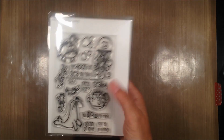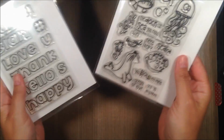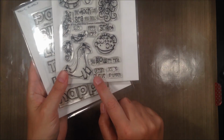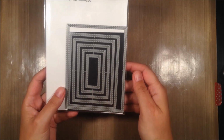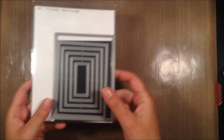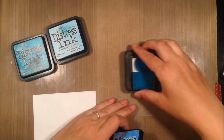And today I'm using a Castaway and I will use this really fun and cute yellowfish, and I will also use the Big Love from Bubbly, and I will create my own sentiment. And I will also use this big die from Simon Says Stamp. And I will just run that through my die cut machine, and then I have a stitched edge on my